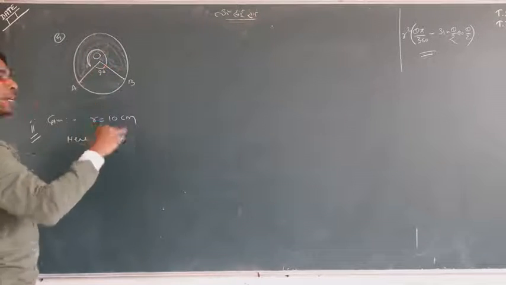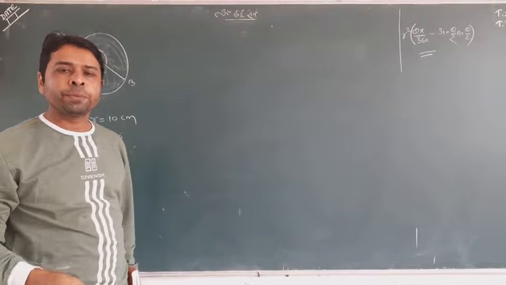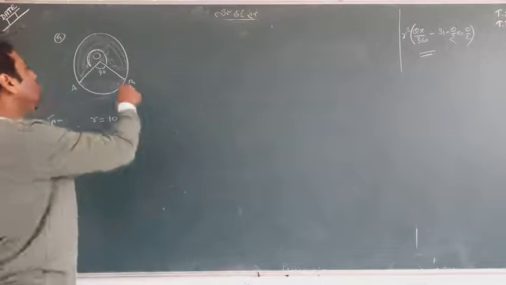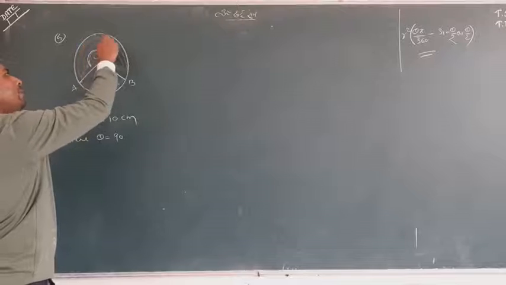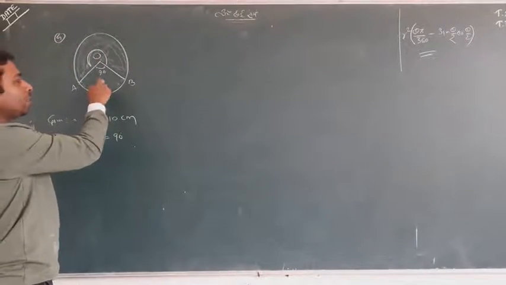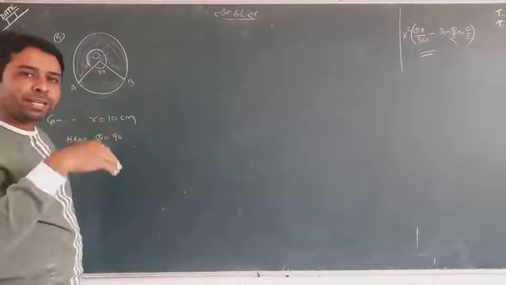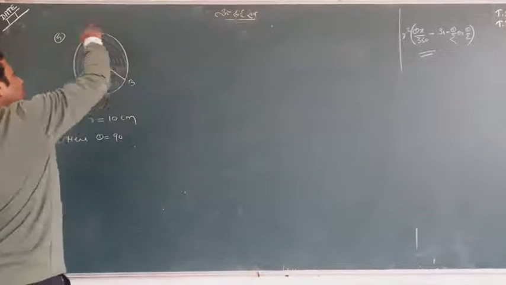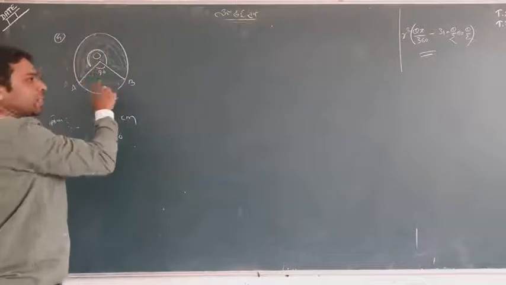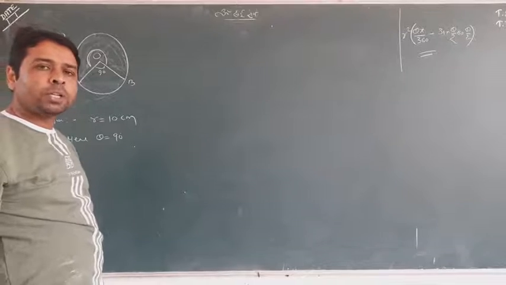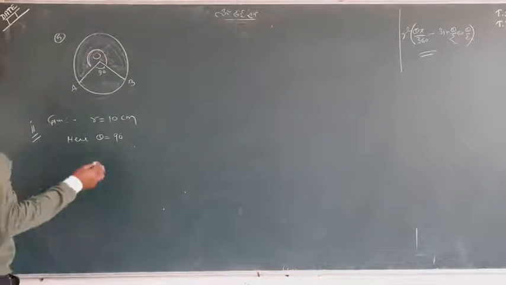So you can subtract 90 from 360, which is going to be 270. So you can go through that theta equal to 270 and find the direct answer. Or second, you can find the minor sector and subtract the minor sector area from the whole circle area. So area of circle is pi r square minus this area. So you can find your answer by these two ways. You can use anything.